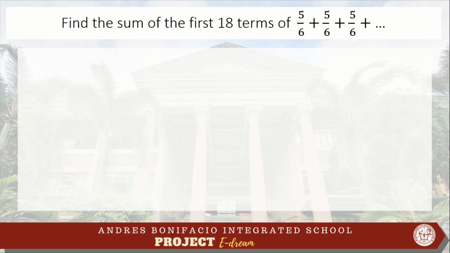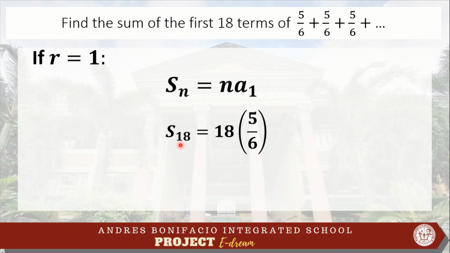Find the sum of the first 18 terms of the series 5/6 plus 5/6 plus 5/6, and so on. Again, the common ratio is equal to 1 since all of the terms are the same or equal. We apply the formula n times a sub 1. Substitute the values of n. We have 18